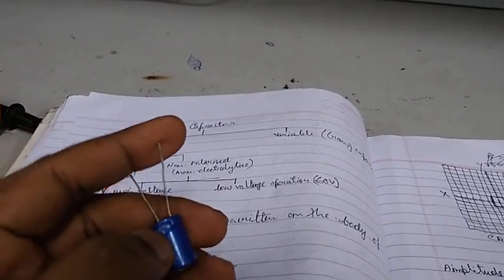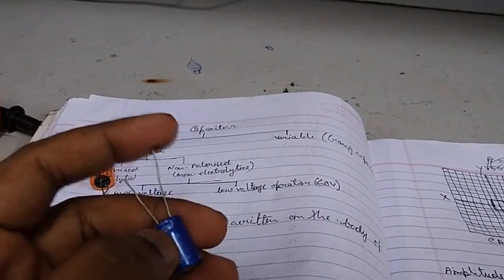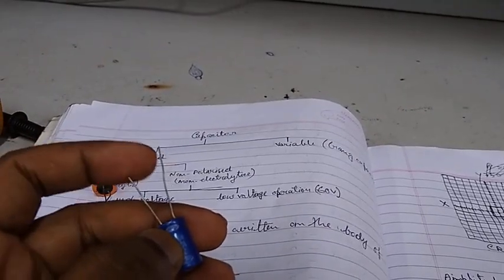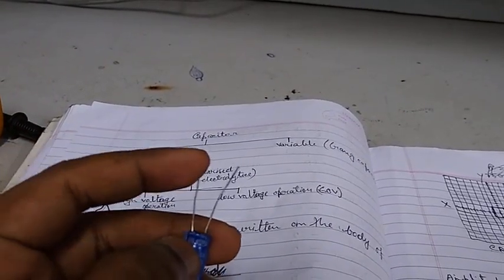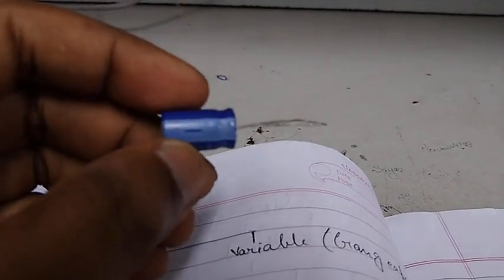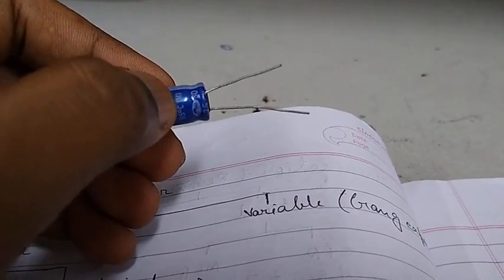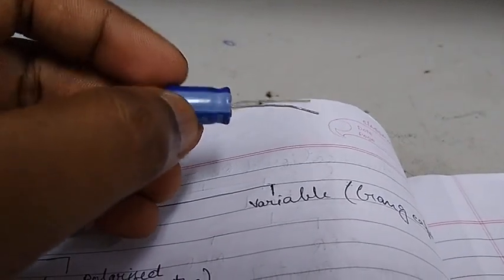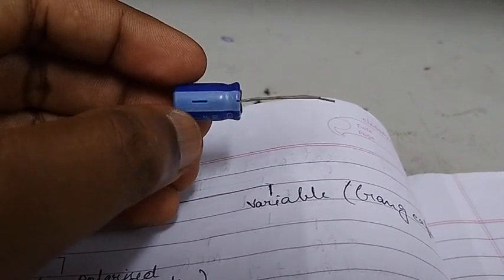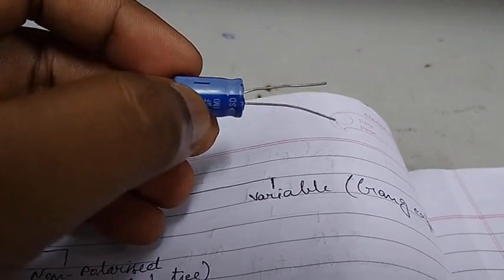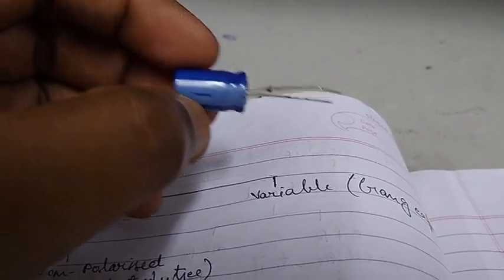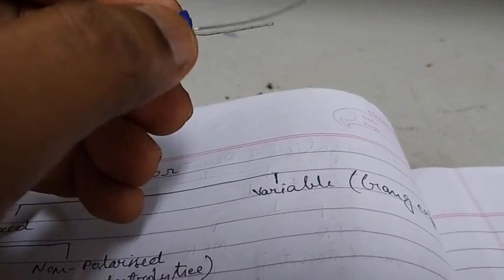If we cut this terminal similar to this short leg, then how can we understand the polarity of the capacitor? So that is why one negative sign is provided here in front of the short leg, or the negative terminal, to determine the polarities of these legs. This is the negative terminal, so the opposite terminal is positive, obviously.